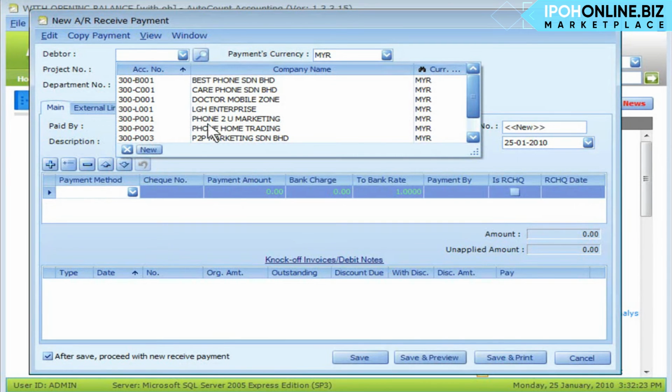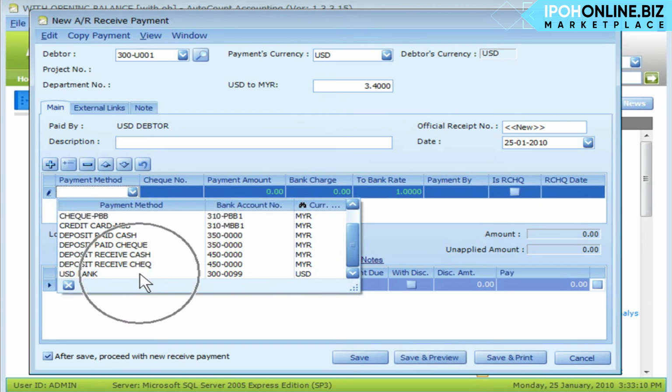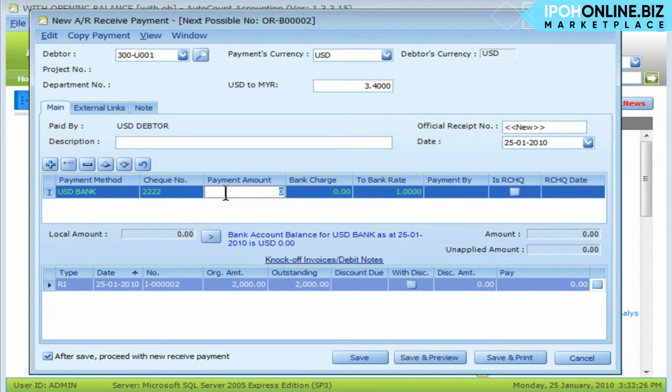Select the date. USD. Change the currency rate to 3.4. For payment method, select the USD bank. Key in the payment amount 2,000 USD. The to bank rate should be 1.0. Knock off